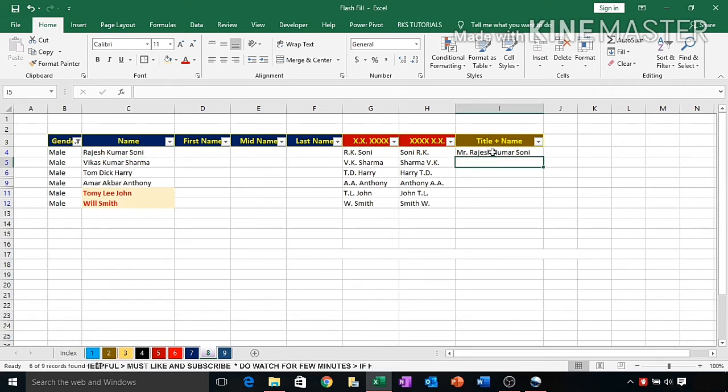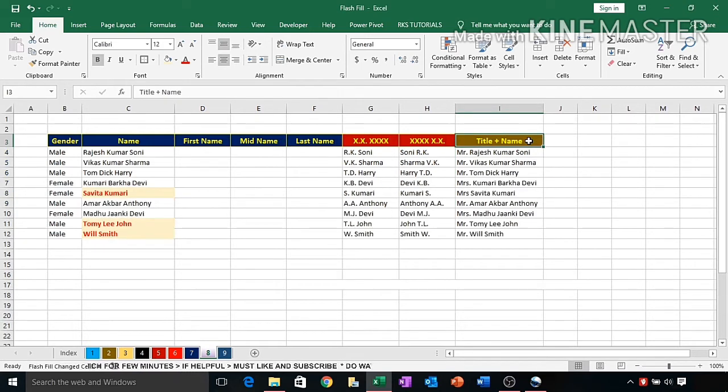If you do not do it, then in the second case, instead of writing MR, it will write MV. In the third case it will write MT. To avoid that, we write MR dot Vikas Kumar Sharma as a second input. We select all cells and press Ctrl E. Now remove the filter and check Mr. and Mrs. It perfectly worked.